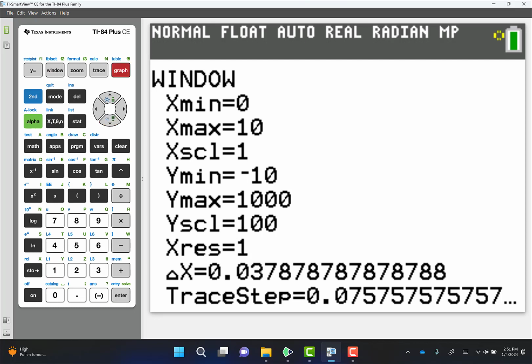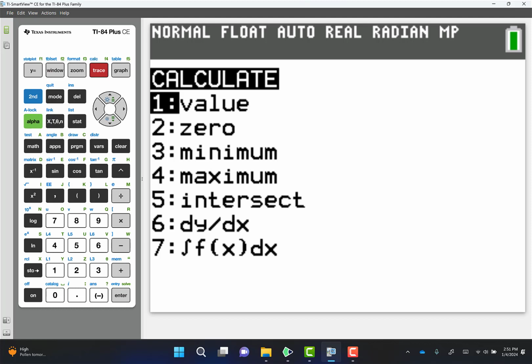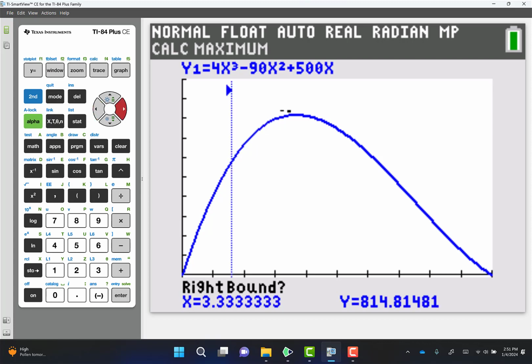Okay, check it out. There's a moment of truth. Nice, beautiful curve. I'm going to tell the calculator to give me my maximum. Second, calculate max, number 4. And I want it to look between here. So let me make sure. Bam. This is how an algebra student would do it. And here. I want to look between those two. And it says guess. Nah. Boom. Look at that. 3.6811 and